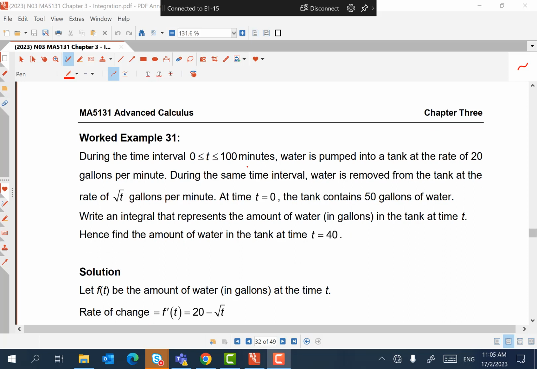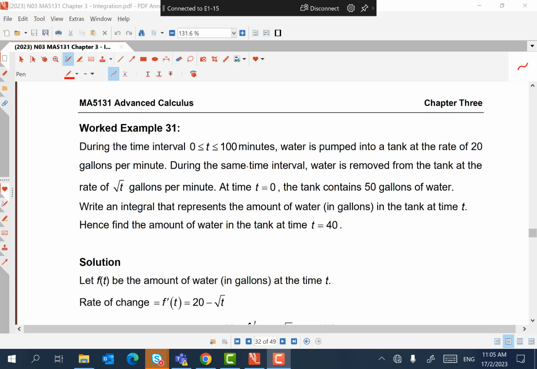If you read the question in example 30, you will realize that the main statement you need to be able to write down is this: the rate of change is equal to 20 minus root t. Once you are able to do this, okay, how come they say